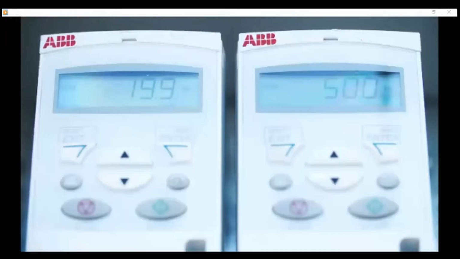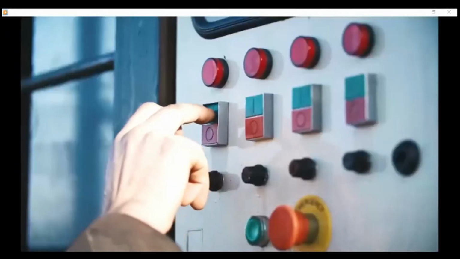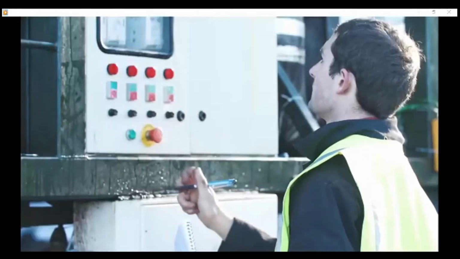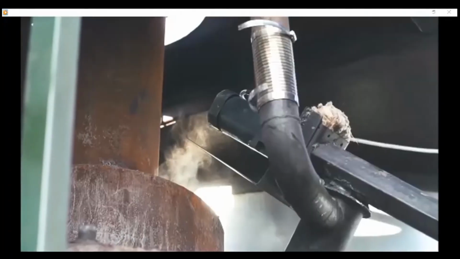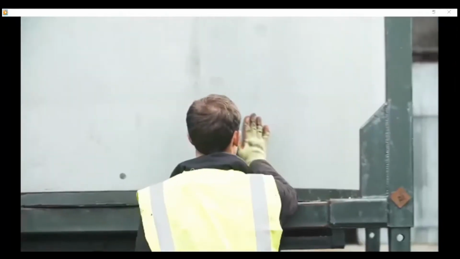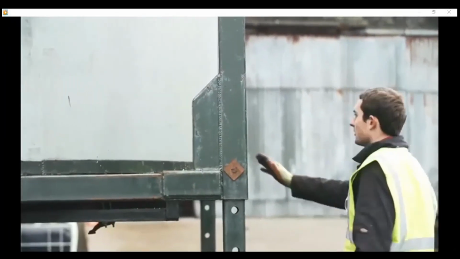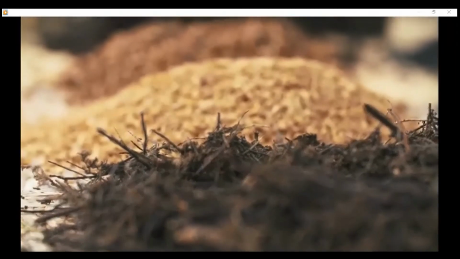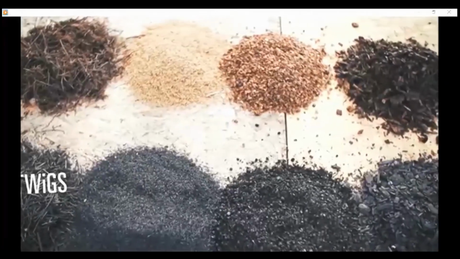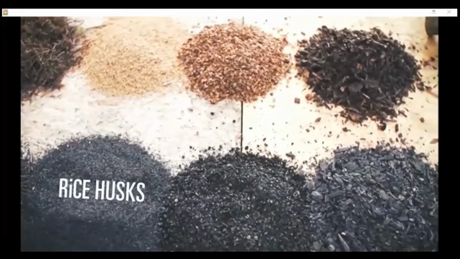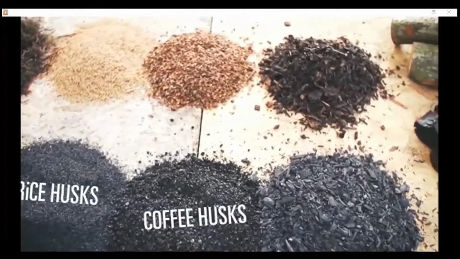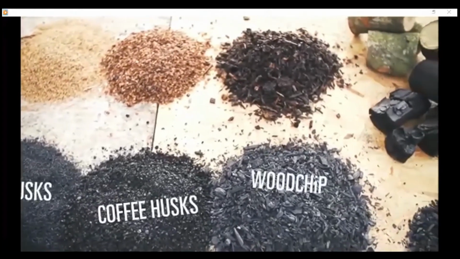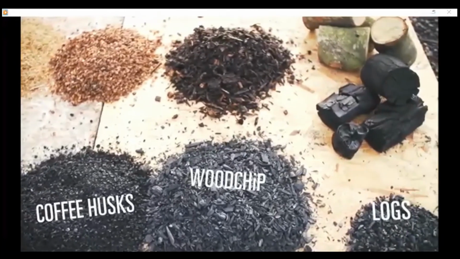Unlike traditional systems, Carbon Gold's kilns run a relatively low temperature burn of around 500 degrees centigrade. This produces biochar that is better suited as a soil amendment than charcoal produced at higher temperatures. The total processing time can vary. A typical burn with 20% moisture wood chip takes around 8 hours. The charred feedstock is left to cool overnight before it can be emptied. Many different types of biomass can be used as feedstock for this pyrolysis kiln, from rush to rice husks to wood shavings, twigs and branches. Larger feedstock char is ground down to a smaller particle size to maximize its benefits as a soil amendment.